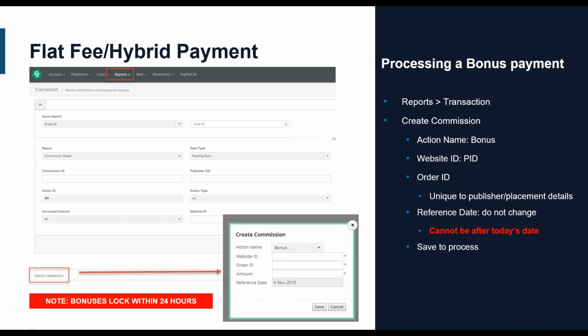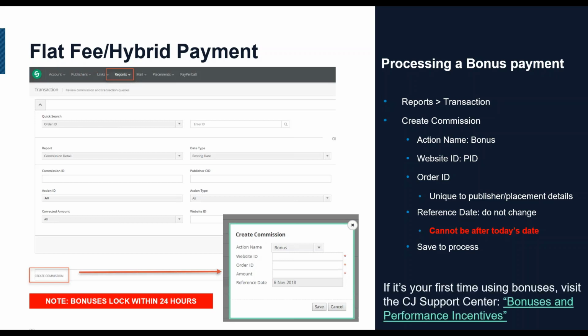My recommendation really is to wait until the placement is actually done. Don't even process the bonus on the first day of the placement, because something could always go wrong, or there could be an issue with accuracy or timing or what have you. So wait until the placement's totally finished. You'll negotiate this with the publisher ahead of time, but try to process it once the placement's actually complete, and then you know that you've already received all the value that you're paying for,